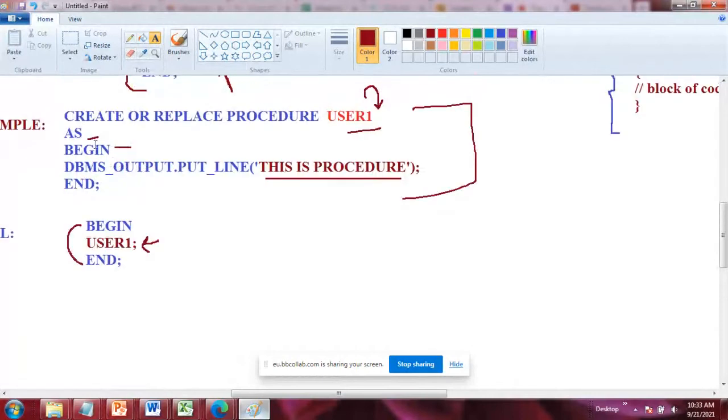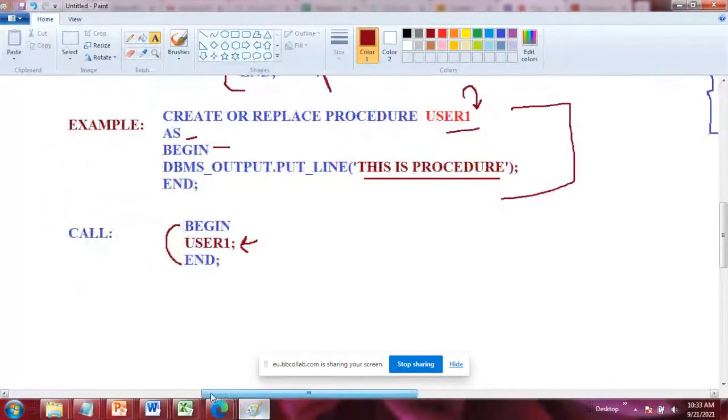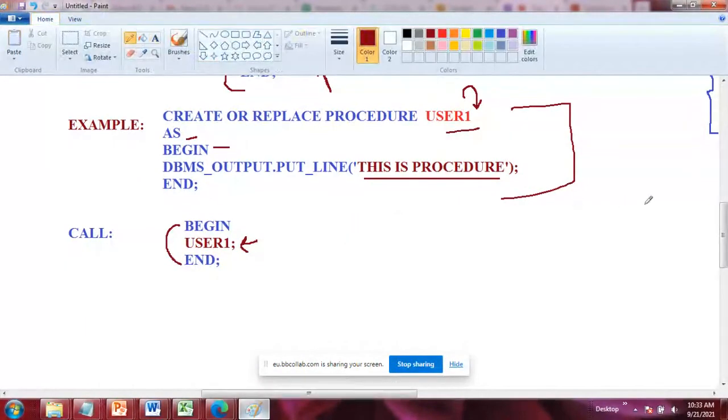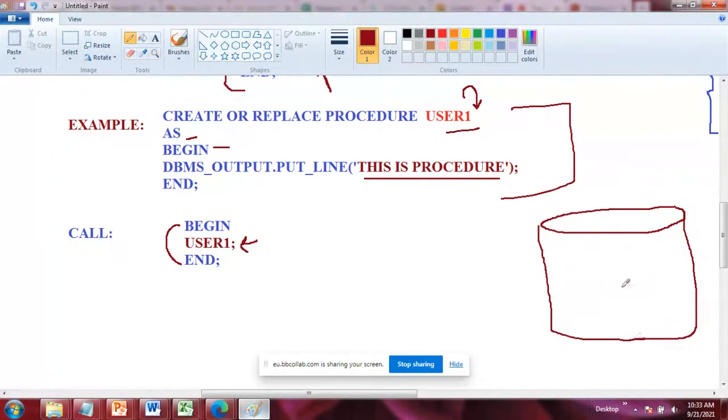After procedure creation, the procedure that we have created. So now I'm going to show you how you can create the procedure for your database. This time I'm going to create a procedure for the database, and in this segment I will show you how you can insert the records. For this I have to create a table in the database.